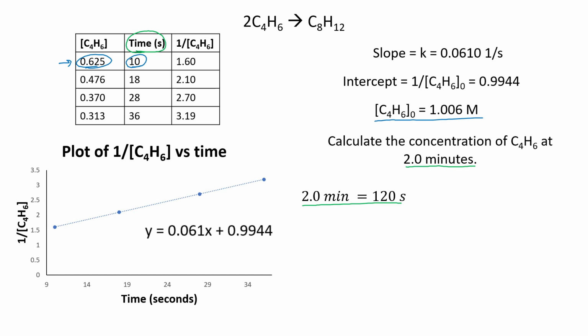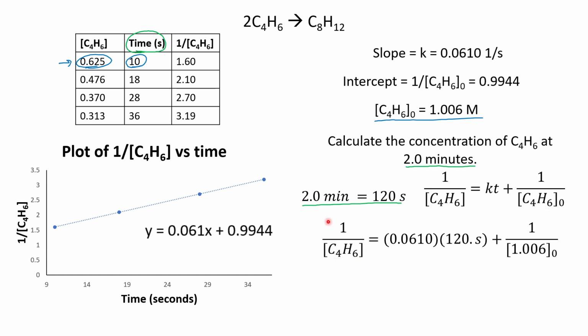Now I'm ready to take my second order rate law. Right here, you notice that instead of writing A, I actually put in my reactant, C4H6. Here's my initial concentration. Let's plug in what we know. Well, we don't know what my actual concentration is. That's what we're trying to calculate. So it makes sense that we don't know the left-hand side of the equation. I know my value of K. I wrote it right up here. It's